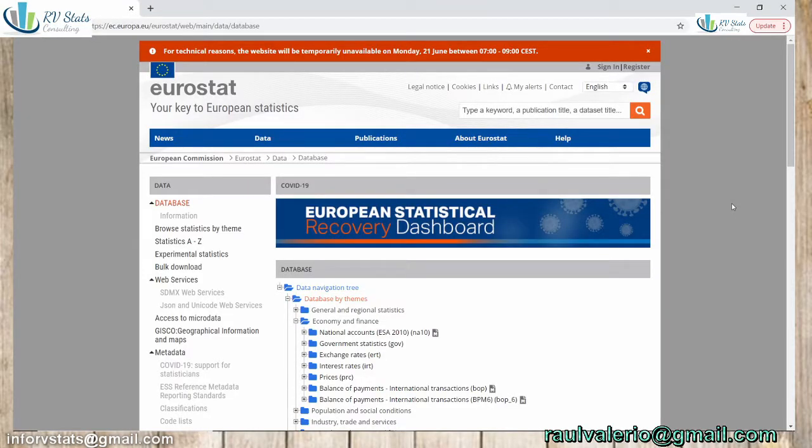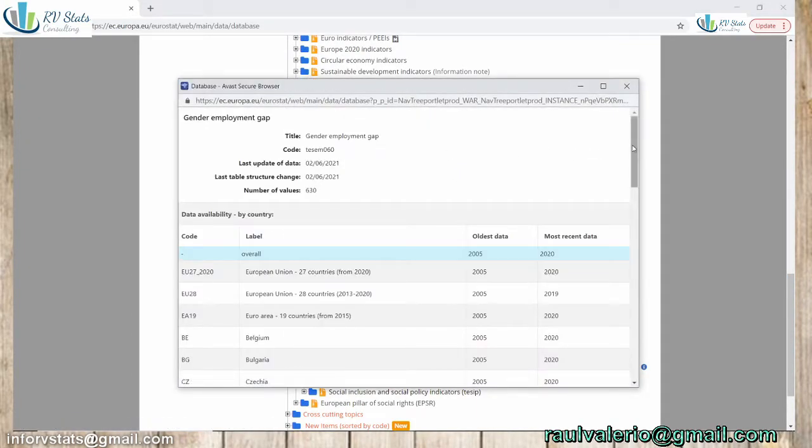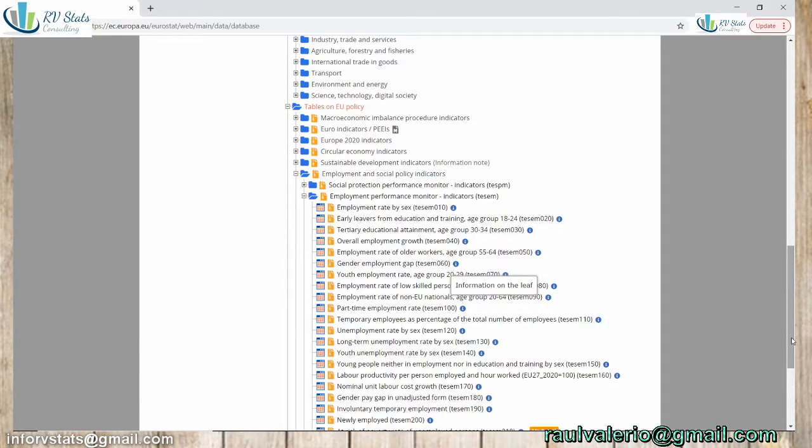First of all, I want to show you the web page where I'm going to extract information. I'm going to download my table from Eurostat. It's a European web page where you can download European statistics. For instance, we're going to talk about the gender employment gap. As you can see, we will have different information about countries and some time series data about gender employment. Once we download the information,